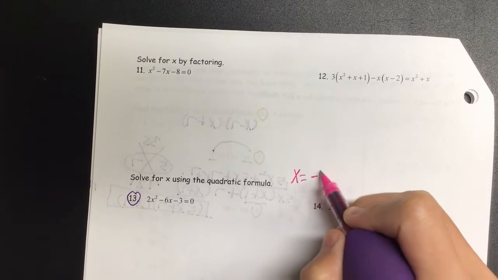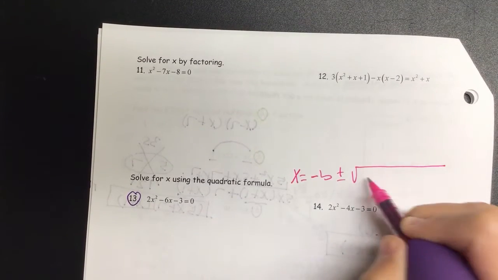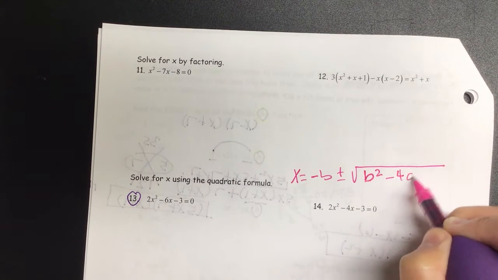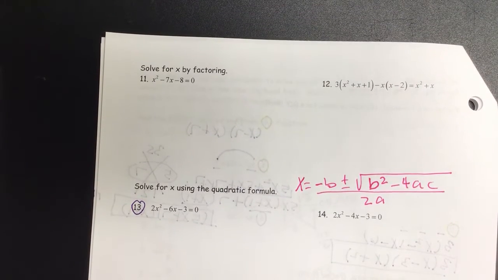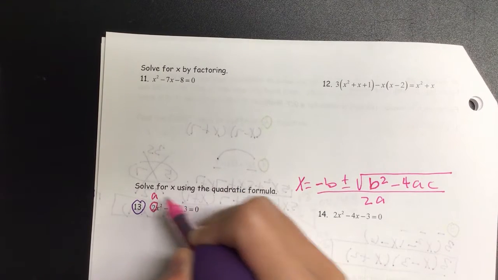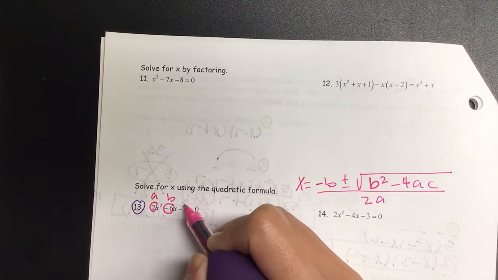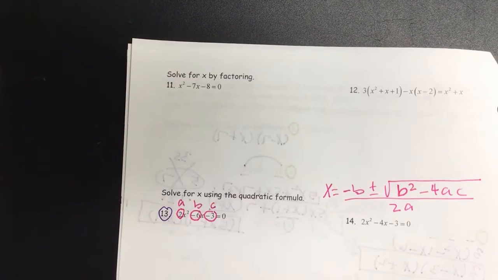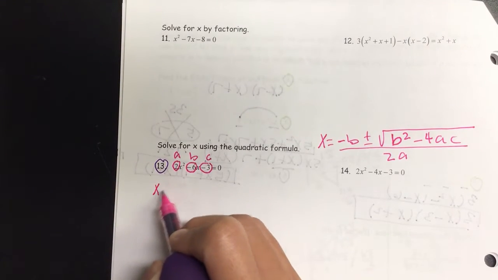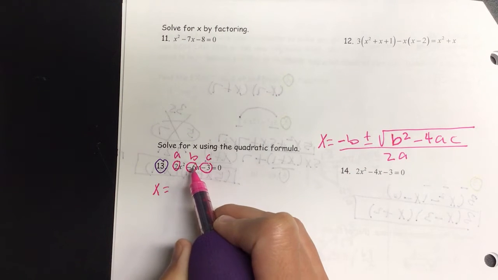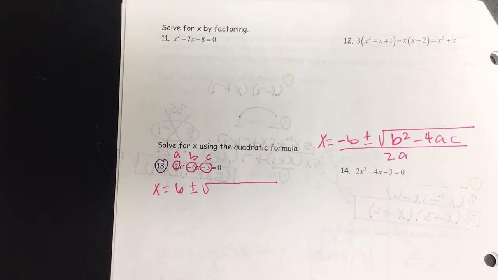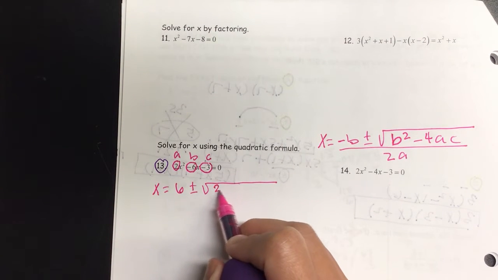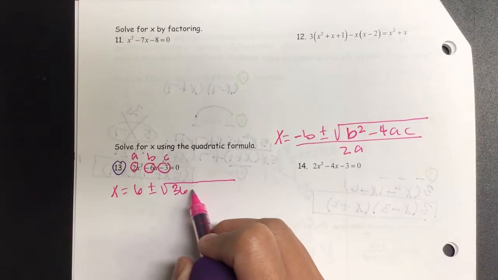Don't worry. x equals negative b plus or minus the square root of b squared, this is our discriminant, b squared minus 4ac, all over 2a. So my a is 2, the 6 with the negative is my b, and negative 3 is our c. Let's go ahead and plug that in. We have x equals negative b. So our negative b is going to be positive 6, plus or minus the square root of negative 6 all squared, which is 36, minus